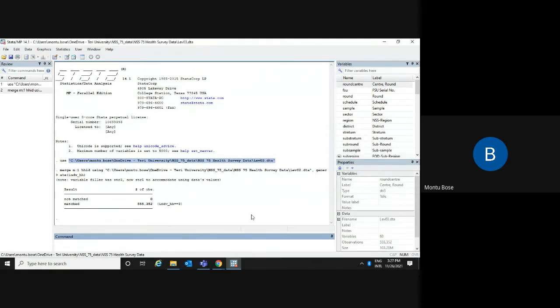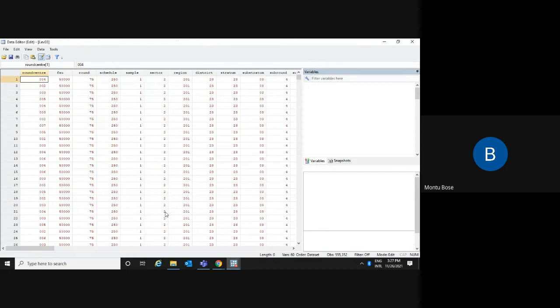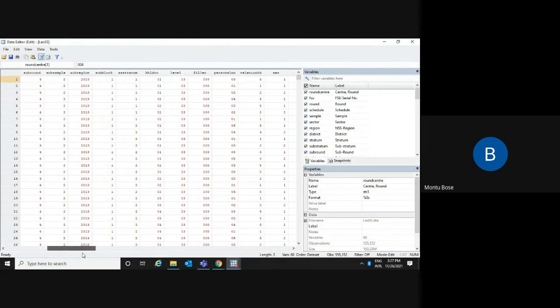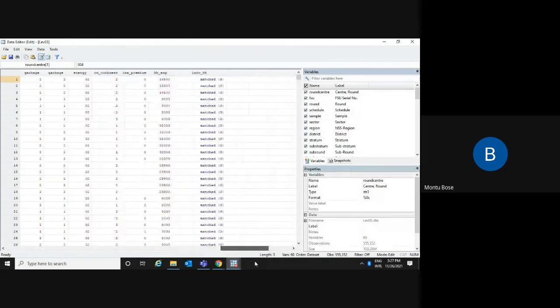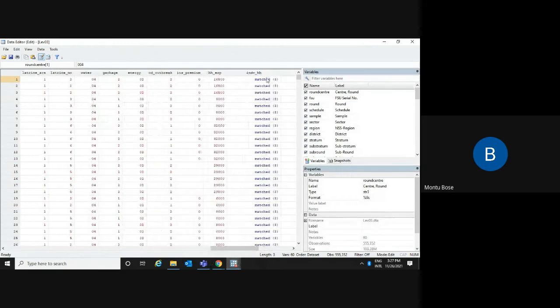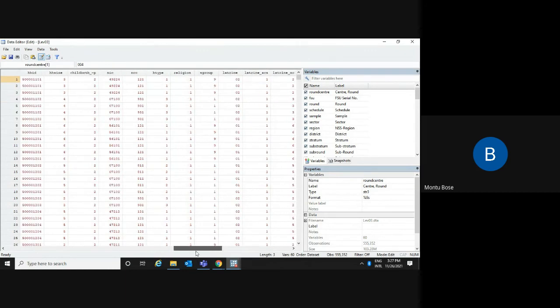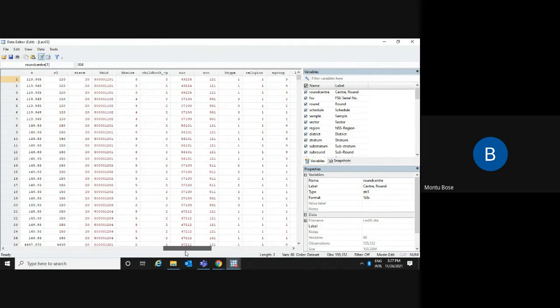To give an example, I'm just showing you the data. So this is our data editor. You could see at the end of this, it has generated a new variable, and all these variables have come from the household level information.